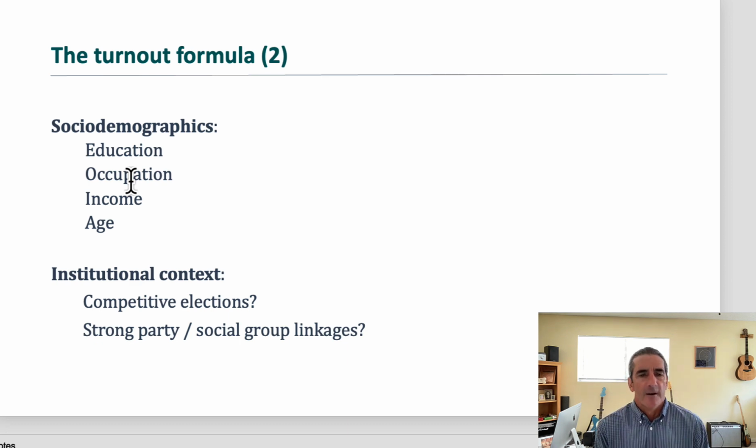Age is kind of interesting. Being older doesn't make you vote, but it probably puts you in some of those other socio-demographic categories. Also, younger people tend to be more mobile, tend to move around a lot more, residentially mobile. And of course, that feeds into the next thing we're going to talk about, the institutional factors. Every time you move, you have to re-register, so there's another step in the process that younger people face more than older. And also, I think, the older you are, the more you see yourself connected to the system, the more you're invested in the system. You've perhaps bought a home, you're paying more in taxes. You just feel more at stake personally than perhaps when you're younger.